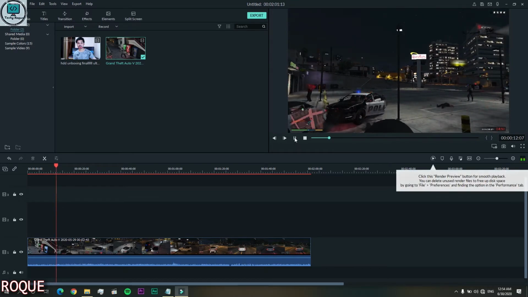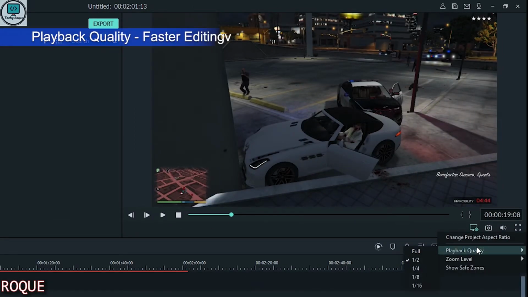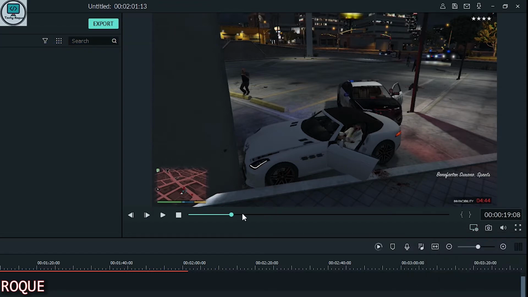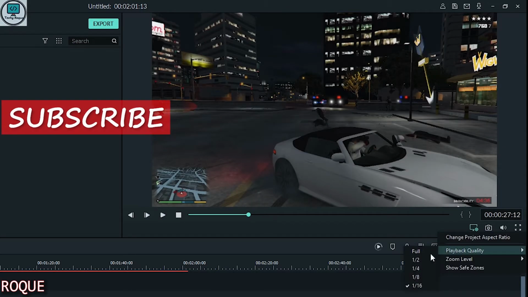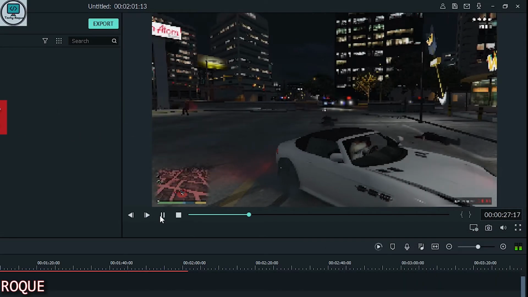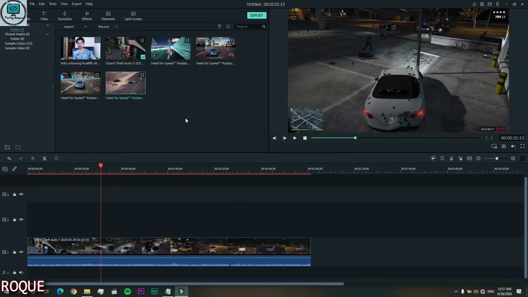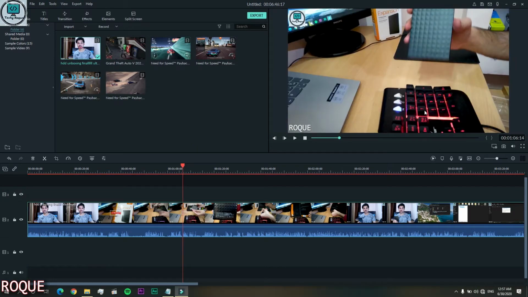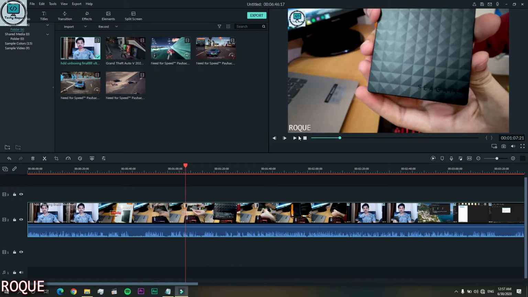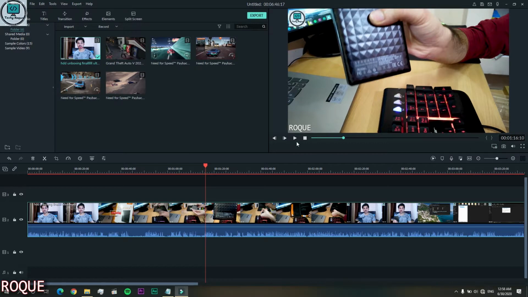Here you can see the resolution is decreased because the playback quality is half, so you can edit your videos faster if your computer is really slow or old. I suggest 1/4 for fast editing and 1/2 for normal editing. I'm dropping 4 clips in it. It doesn't change your resolution, even if your clip is 720 but your project is 1080. If you click full quality, it will consume more